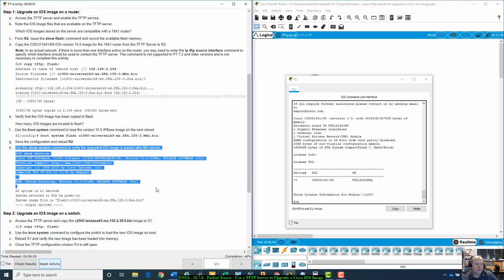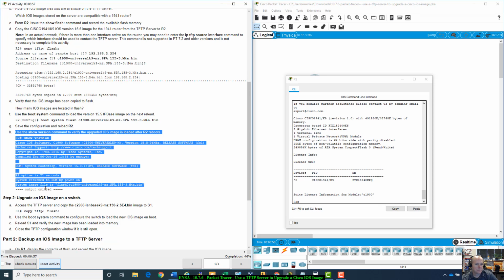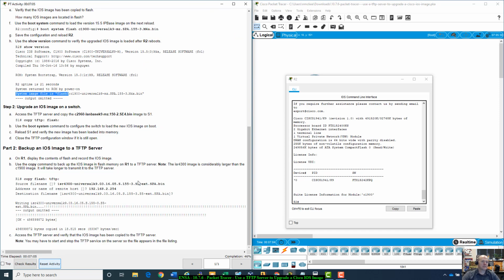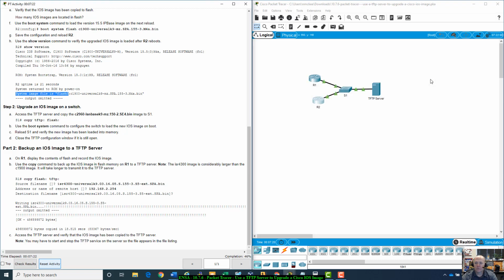Alright, we've done all this. Our system image file is that same one right there in the flash. Alright. So next, step 2 is upgrade an iOS image on a switch. Access the TFTP server and copy the C2960 LAN-based K9 150-2 image to S1. So let's go to S1,